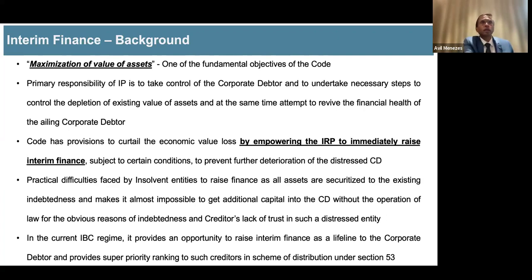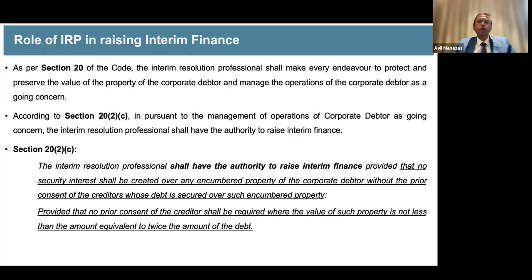Giving an advance is not interim finance. So in some companies we work on an advance basis where they provide us an advance, we would manufacture the goods, and it's a self-liquidating advance. So a self-liquidating advance at the end of the day would be a CIRP cost, but it is not interim finance, because by definition, interim finance means time value of money. So any money raised with interest is basically interim finance. And there is a super priority which has been given in the code to interim finance.